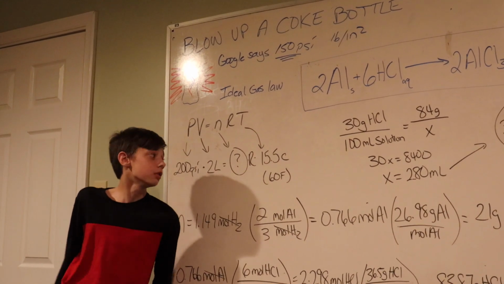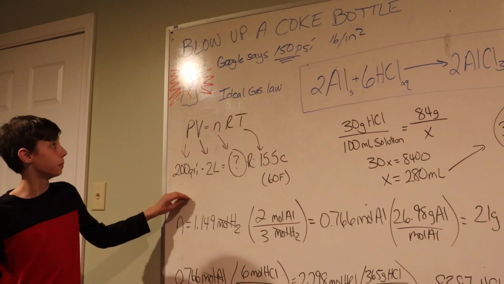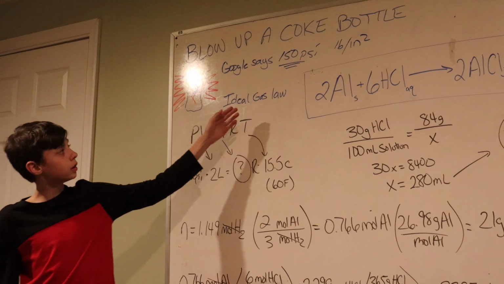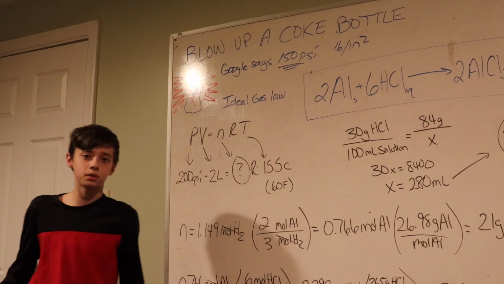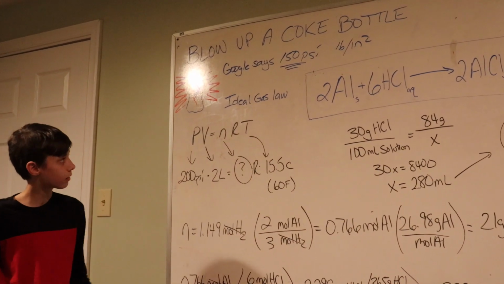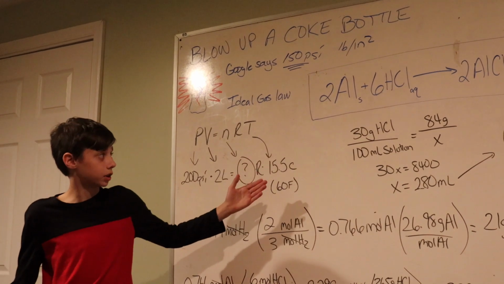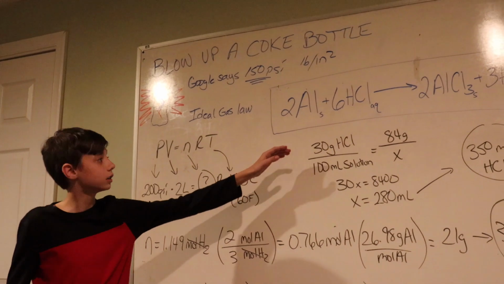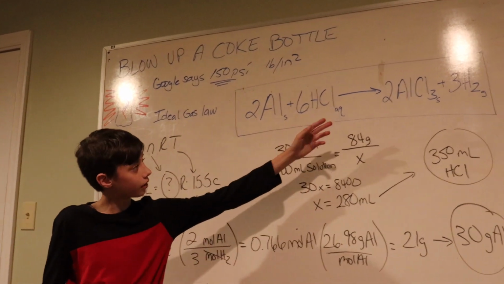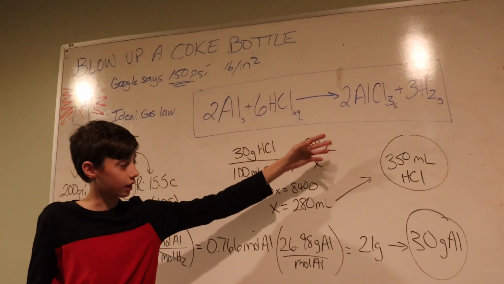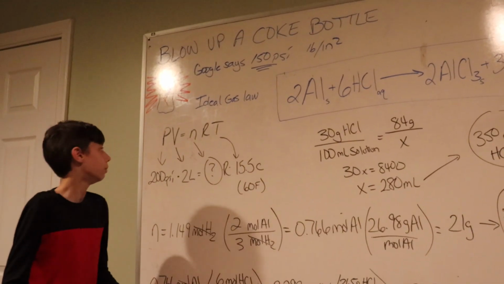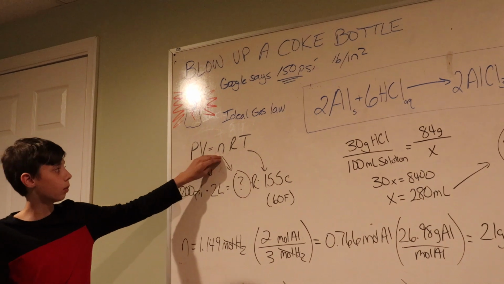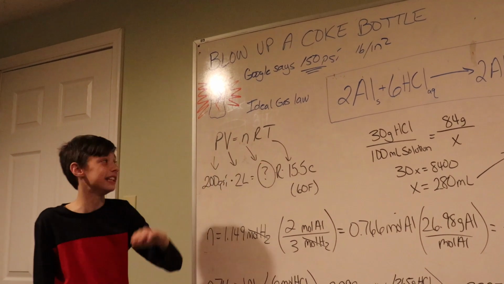2-liter Coke bottle. And to do so, our dad told us that this information would help us. So Google says that 150 psi will rupture a Coke bottle. So to generate this pressure, we'll use the chemical reaction of aluminum plus hydrochloric acid, which turns into aluminum chloride and hydrogen. So we know that pressure, volume, number of moles, and temperature are all related in the ideal gas